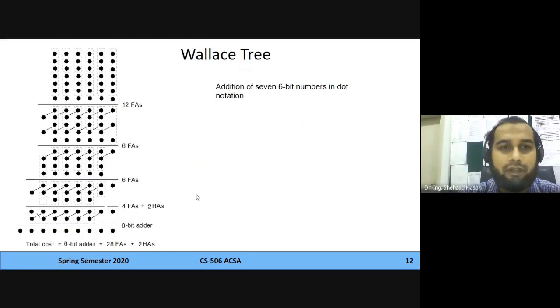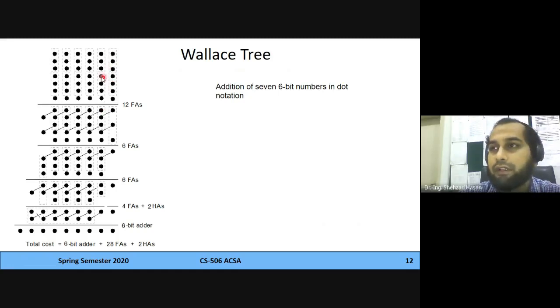Right. So let's try to see how a Wallace tree would do this addition of operands. There are 7 numbers here that need to be added, and we have discussed that earlier as well when we were talking about CSA. In a CSA, you can have full adders or half adders, and whenever you use a full adder, it gives 2 bits as output. One of those bits goes to the same level, and the second bit goes to the next level, where it is added with the second level of